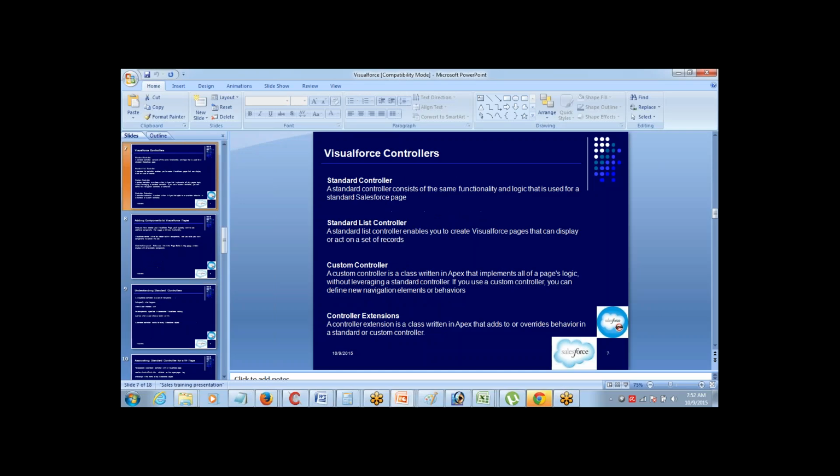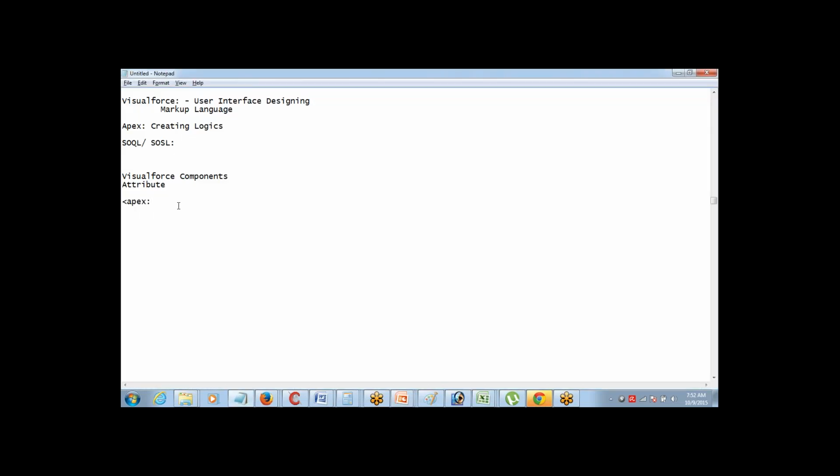All right, so before we start talking about the types of controller, let me just give you a small concept. We have started creating Visualforce pages right now. I mean, right now we just started learning about Visualforce pages.